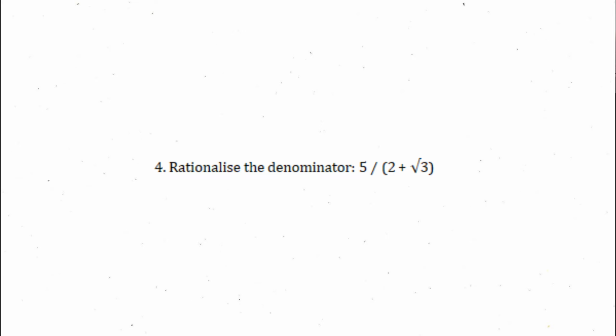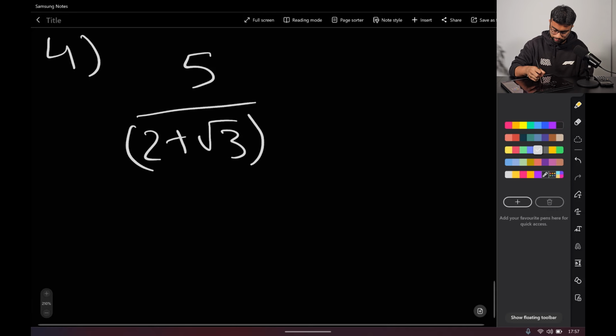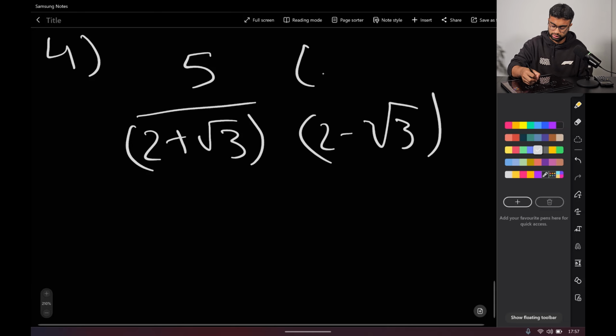Question 4 tells us to rationalize the denominator in the term 5 over 2 plus root 3. And when rationalizing the denominator, we want to make the denominator a rational number, so ideally no surds or anything like that. So what we do is we flip the sign that is in the denominator, so this will now become 2 minus root 3, and we multiply this by the top and the bottom, the numerator and the denominator,